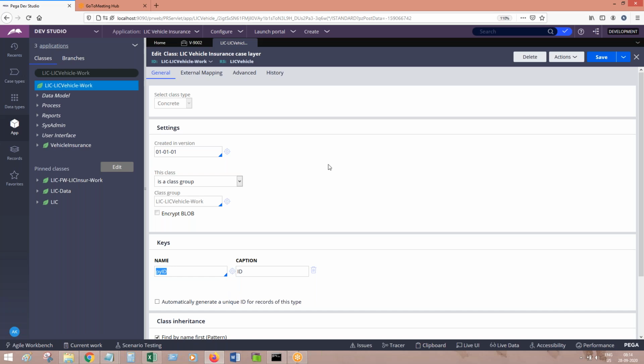What is the class key for the states table that we had already created? State code. What is the class key for cities? City code. So like that, class keys will be there, and primary keys will be there. The primary key is a unique record identifier, which is the primary key in the backend table.